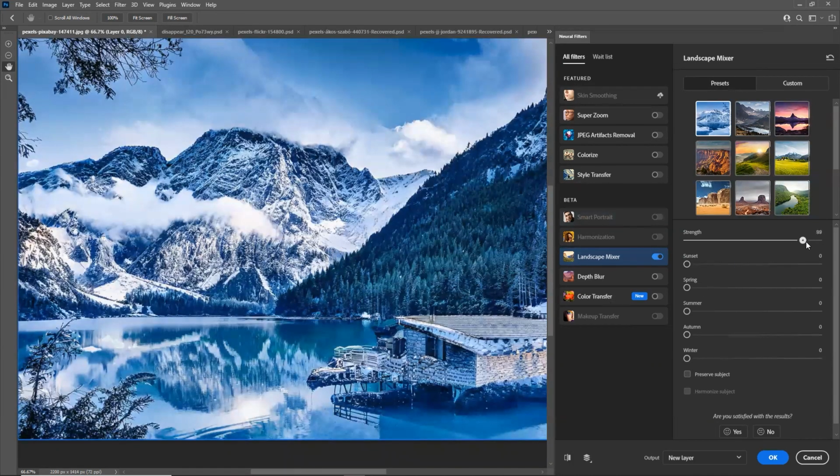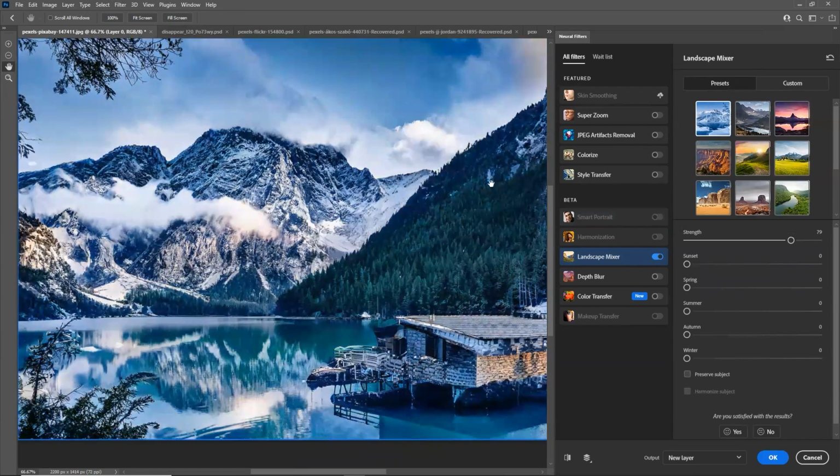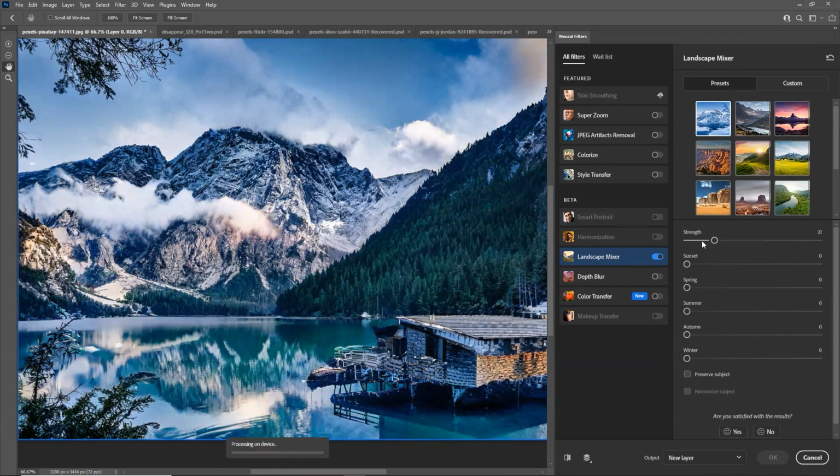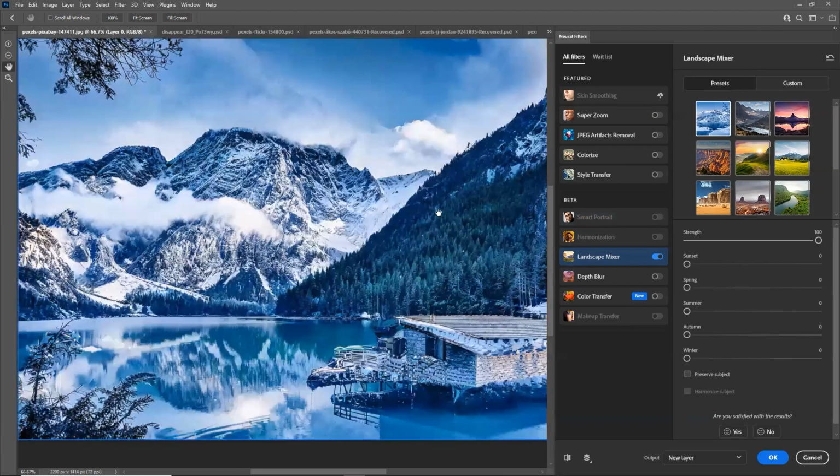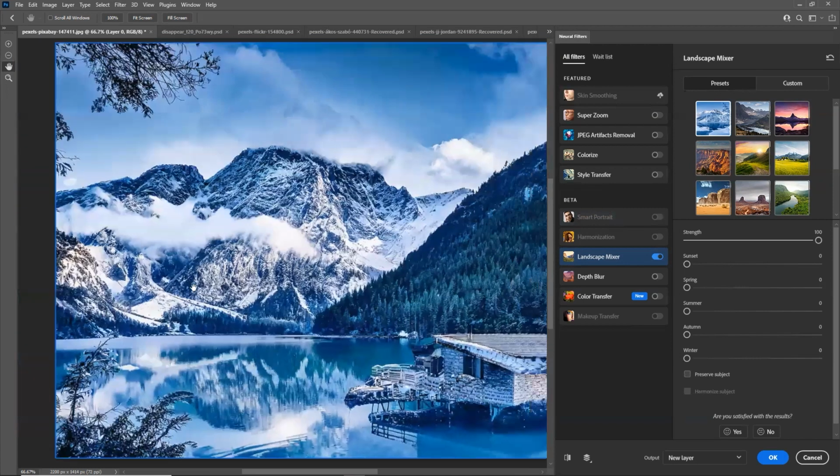And believe me, you can actually have the control to lessen or increase the strength of the ice formation. See, the ice formations are going lesser and lesser. I make it even less. Just see a little bit of ice over here, a little bit of ice over there, and more as we increase the strength. As we lessen the strength, the ice amount also reduces. So over here, if you see, there's absolutely no ice. And if I increase the strength, the entire landscape turns blue. Okay, and see each and every leaf over here, the trees, they are also converted into ice covered landscape.